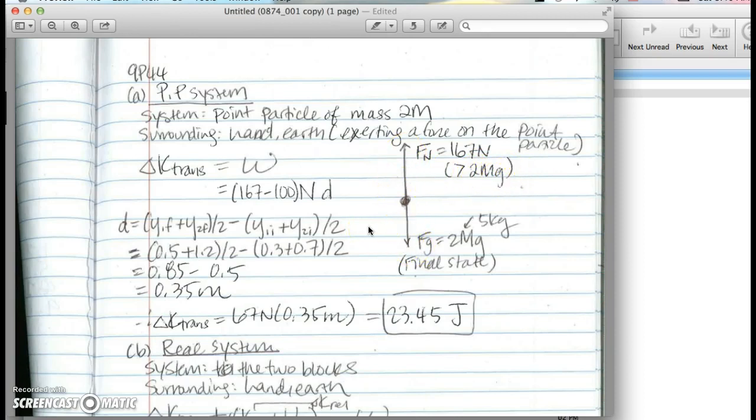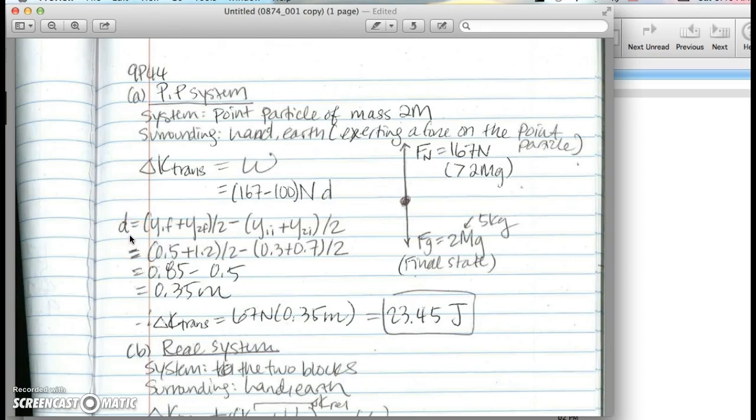So work, which looks like omega but is really work, equals force times the distance, and the force is 167 minus 100, because 2 times 5 kilograms times around 10 newtons per kilogram is 100. And for d, to plug in d,